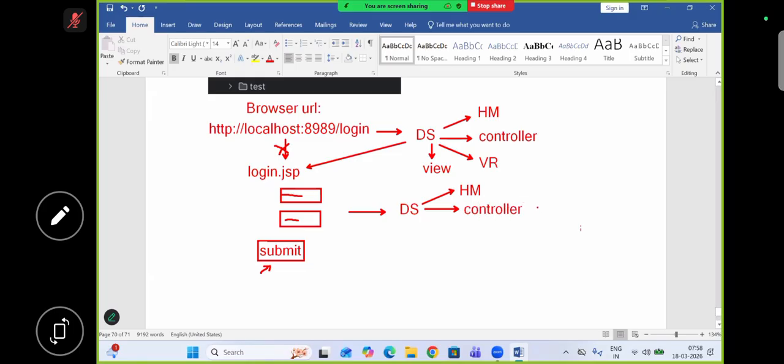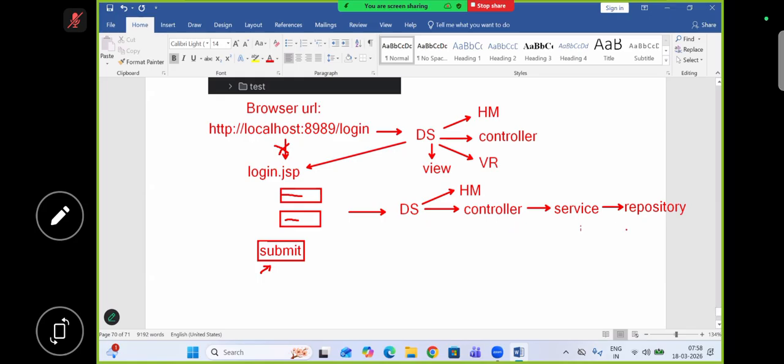Now this time, the controller is next going to call the service. It is going to call which class? The service class. The service class is next going to call the repository. It will call the repository. So this repository will find out whether there are any login credentials with the given username and password. So the repository will fetch the user with the given credentials if username and password are matched. After fetching that, if the user is active,